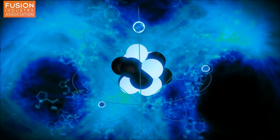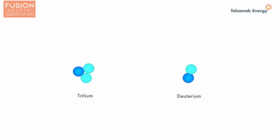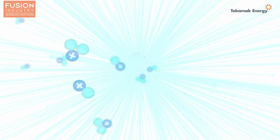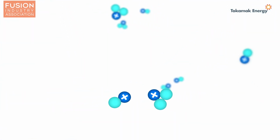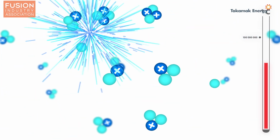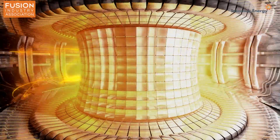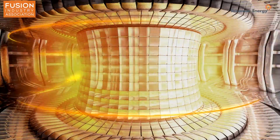As regular viewers of Fusion News will know, many fusion devices use a fuel made up of 2 isotopes of hydrogen, called deuterium and tritium. When these elements are heated up and forced together, one product of the fusion reaction is neutrons. The neutrons are produced with a lot of energy, allowing heat to be harvested from the fusion reaction. However, the same neutrons can also damage parts of the reactor, so finding materials that can survive being bombarded by lots of these energetic neutrons in a short space of time is a big challenge if you want to build